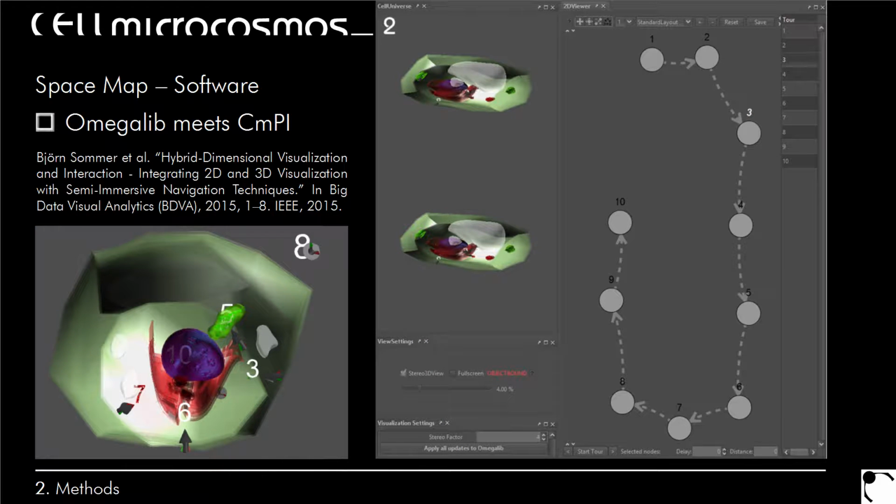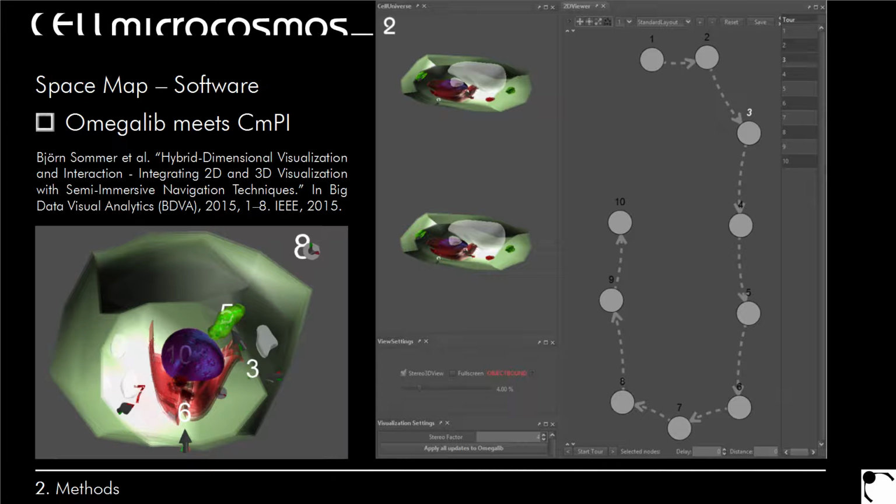So this is the software which we are using, and it's the same software we presented here in 2014, but it's now more advanced. So in 2014, we just discussed how to optimize the stereoscopic effect. And in addition, we use this software also. You see here a new paper. It was presented last year at the BDVA conference in Hobart, an IEEE conference. And there we just use the zSpace for using new navigation techniques. And if you're interested in this, please come to the demonstration session tomorrow, because I have the zSpace with me too. I could not take the cave with me, sorry, but I can show you then the approach by using our zSpace system.